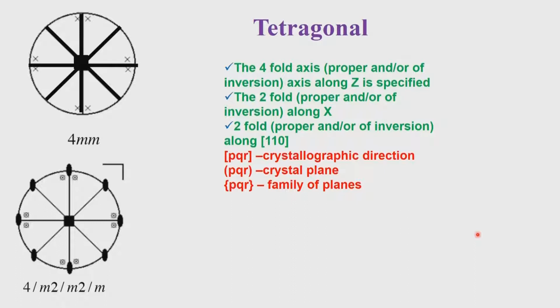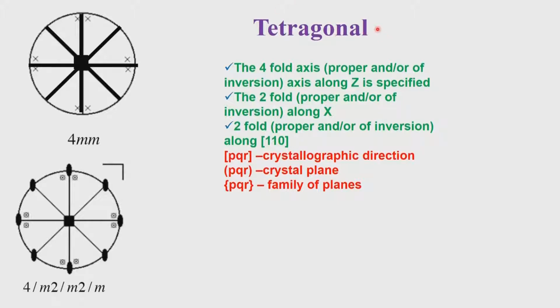When we come to the orthorhombic system, we have no choice, because A, B and C all three are two-fold axes, and so the nomenclature is that when we say a point group like 2 2 2, the direction is now along A, along B and along C, the three directions. So, as far as up to the point of orthorhombicity is concerned, the order is A, B and C.